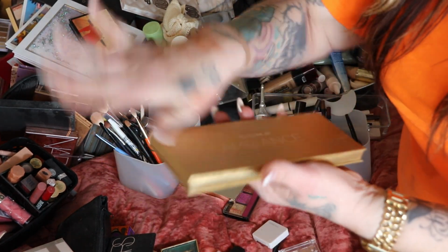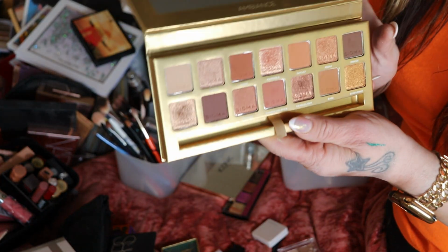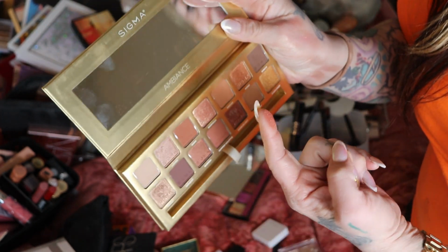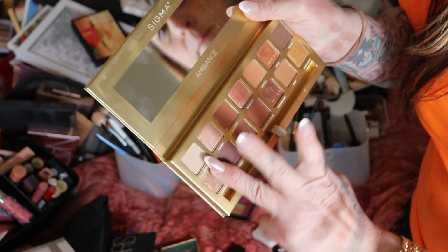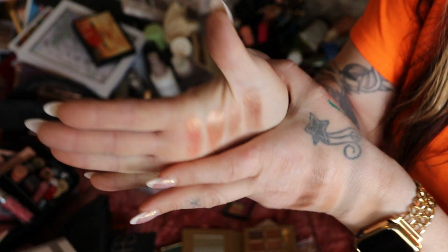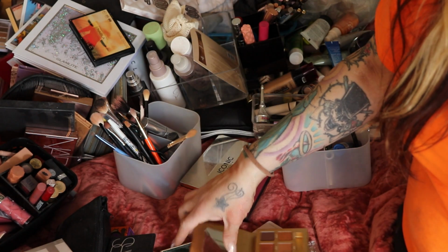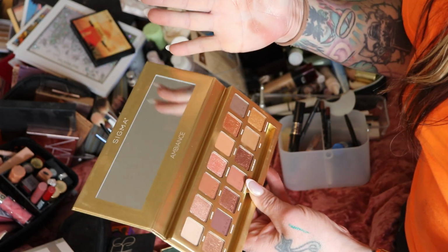More Sigma. This is the Ambiance. This is one of the most stunning neutral palettes you will find. The shimmers are next level. Let me find the best of the best in here. It's more deep than you expect it to be. All right, these top ones here. These are the shimmers from the Sigma Ambiance palette, which honestly, when I opened it, I was like, yes, I'm absolutely keeping it. But now that I'm looking at it more and more,